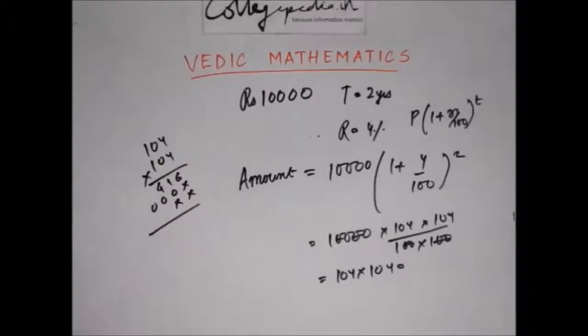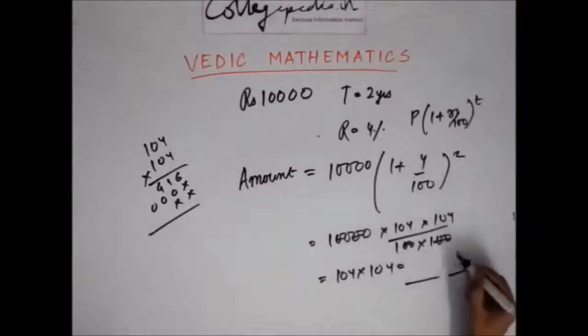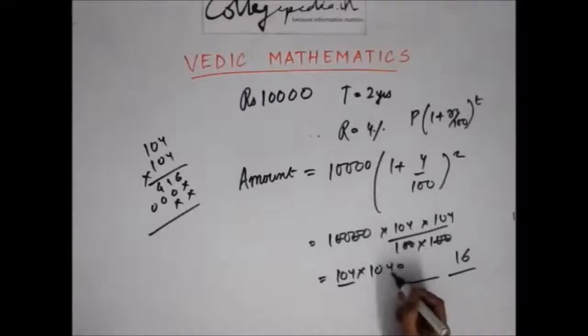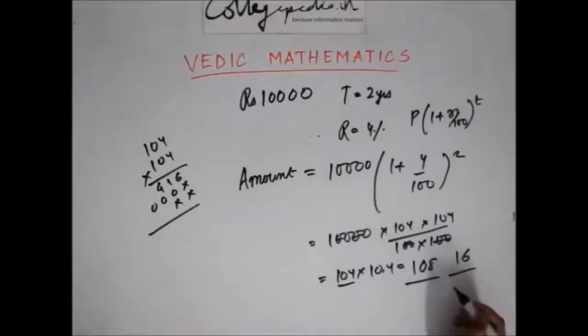Now, if you know this trick, what you can do is just, you know that the answer will be in two parts. Multiply the last digit of both the numbers, it is 16, take any number and then add the last digit of the second number. So 104, I'll add 4 to that and my answer is 10816. So isn't it simple? You see how much time you have saved here. So that's the beauty of Vedic mathematics. So we'll end our discussion on this session.